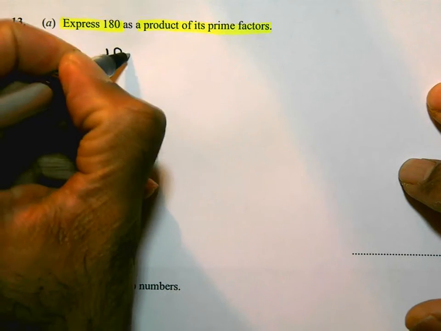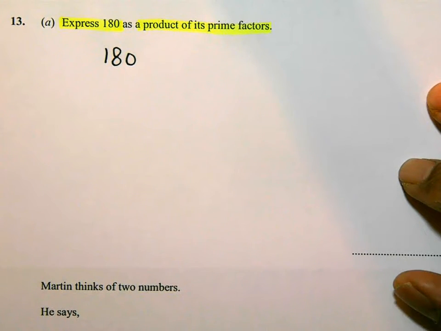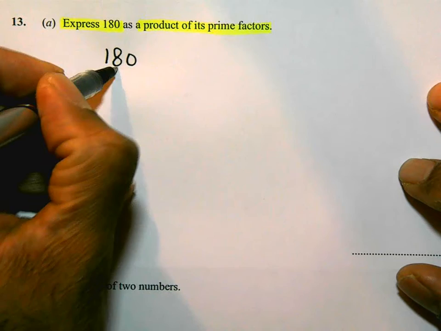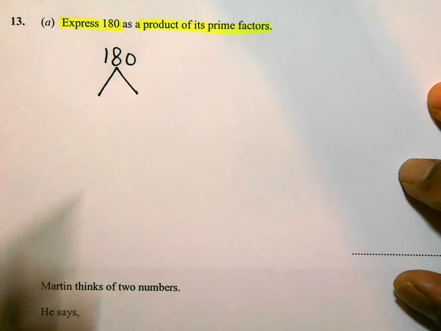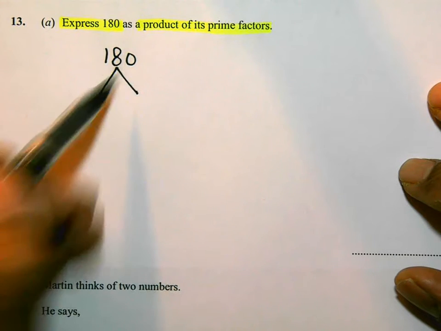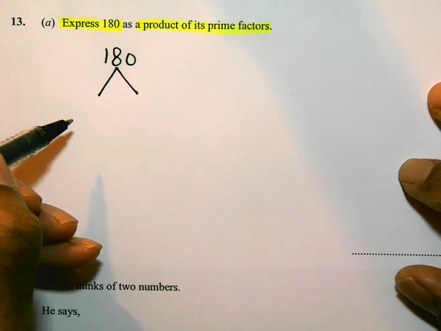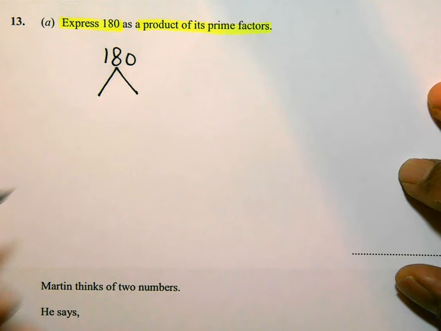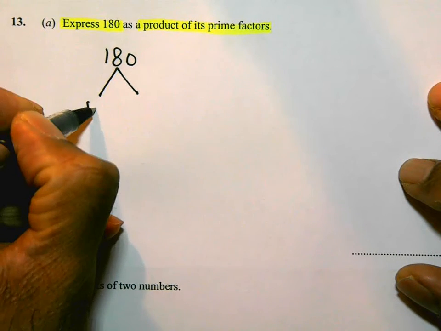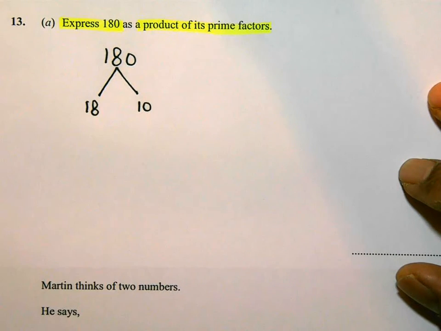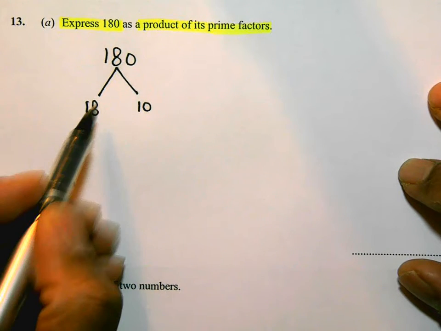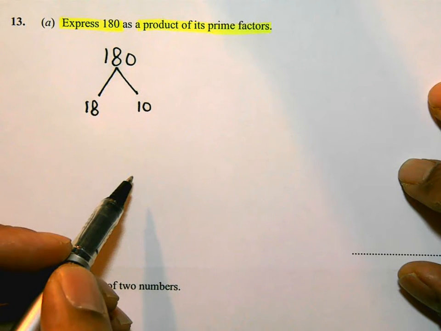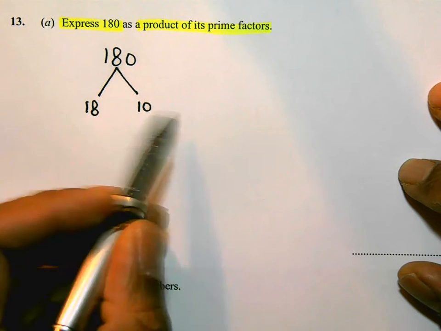We're going to create a factor tree for 180. So I'm going to split this up into pairs of numbers. First of all, a pair of numbers that times together to give me 180. You have several choices you can make, but I'm going to start off with 18 times 10. You could have chosen different starting points. You will end up with the same answer, but I'm going to stop a branch when I get to a prime number. So neither of these are prime, so I'm going to carry this on further,